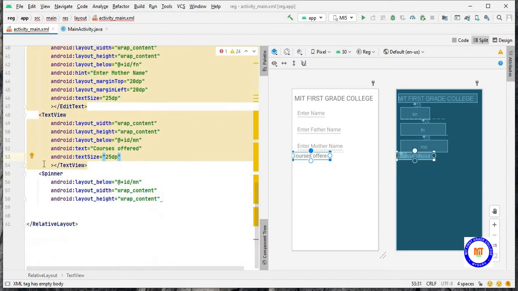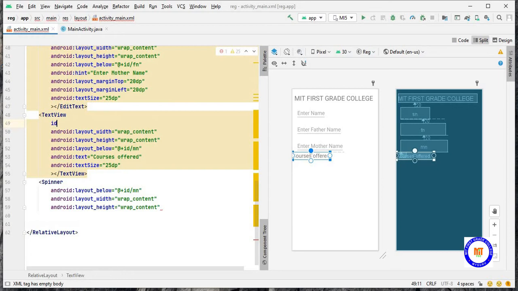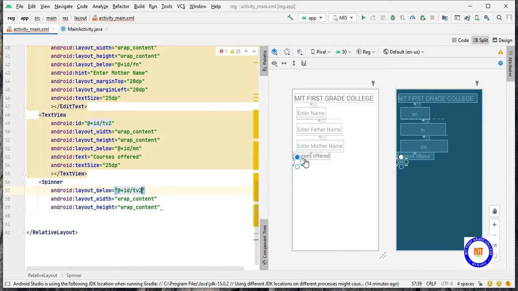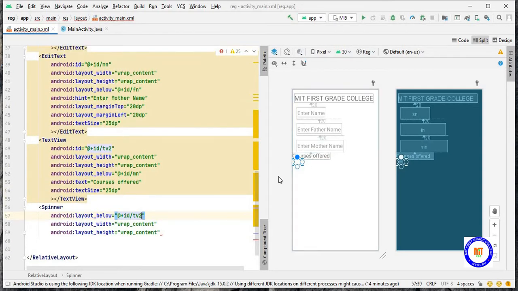So this spinner has to come below this text. I'll give the ID TP2 and give the spinner the same. So here you can see below the courses offered it has come, but we have to give some space in between that.